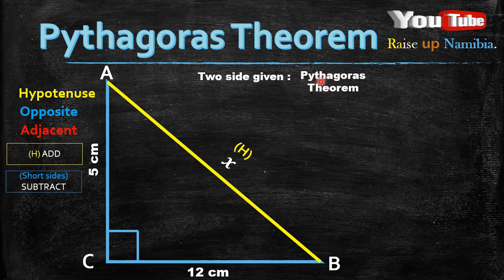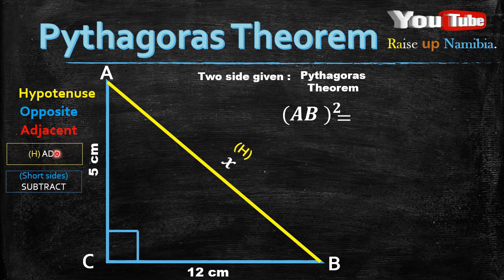Now how do we use the Pythagoras theorem? Go back to the side you are asked, which is this side, AB. Write your AB squared. You write the line, which is AB, and then you square that line. You write equals to, remember now we are writing our formula that we are going to use to calculate. Now since you are asked to calculate the hypotenuse, because in this question we are looking for the hypotenuse,